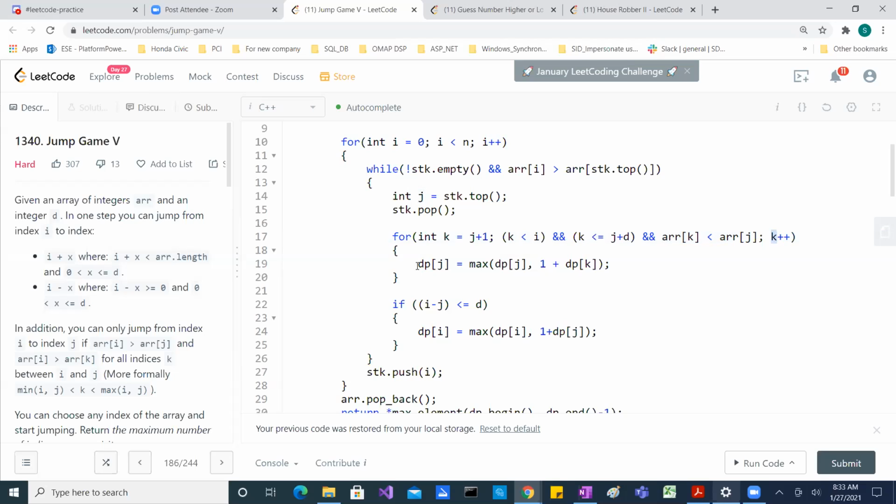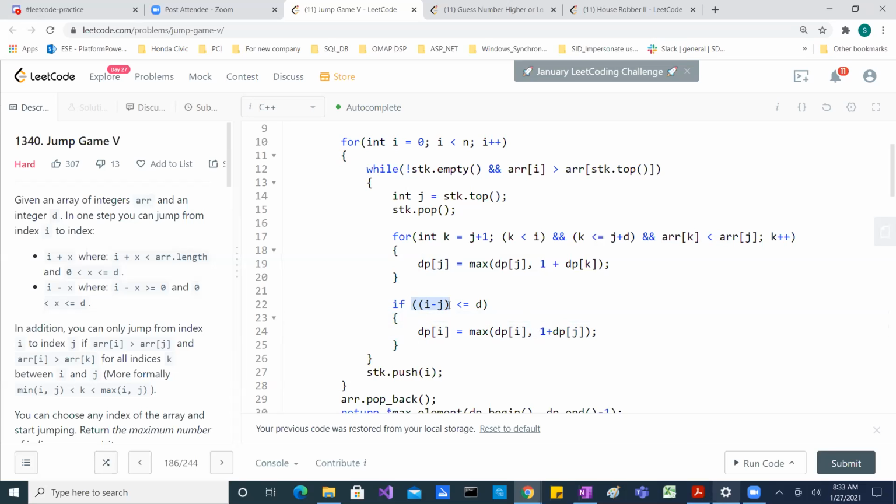So every time, what you do is keep on updating your value of j, the one you just popped out. Okay, and then you go in this for loop around all the places in the d where you can jump. Okay, and then you keep on incrementing by adding 1 to where you are going to jump. Okay, so once you are done with this, now the condition comes that where you are in this i, you need to apply that value, whatever maximum jump you have made till now.